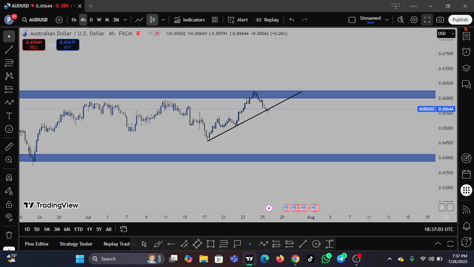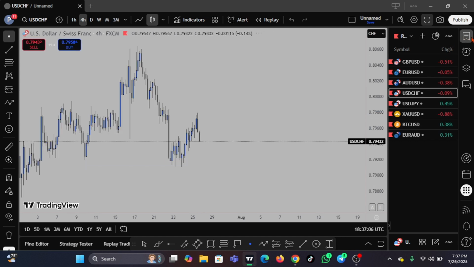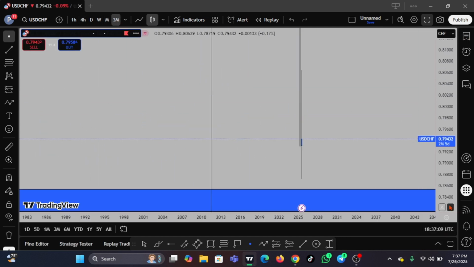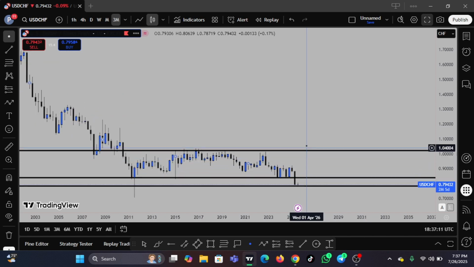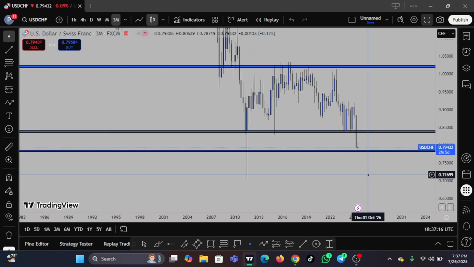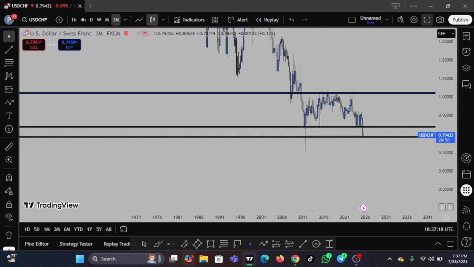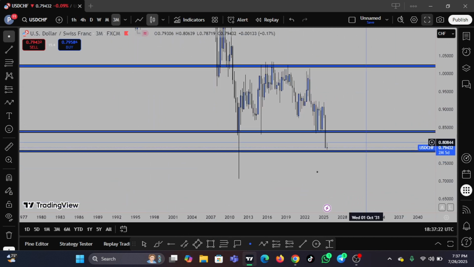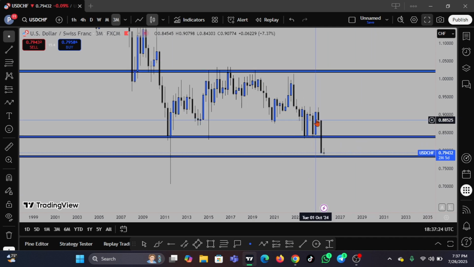Then next we have USDCHF. What am I expecting on this pair? Let's look at it together. Price has gotten to a major support level. You can see this is a major support level that price has gotten into, and we did have a massive